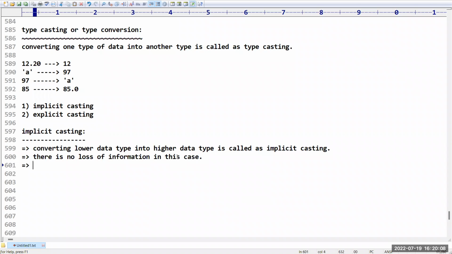Then, sir, the next question is, what is the syntax for this? There is no syntax. Directly we can do it, no problem at all. Syntactical representation is not there. Directly we can use it, no issues at all. This is what is called implicit casting. Next, there are some alternative names. One is automatic conversion. We can call it automatic conversion, or we can use the word widening. Any name you can use. So automatic conversion or widening is also called